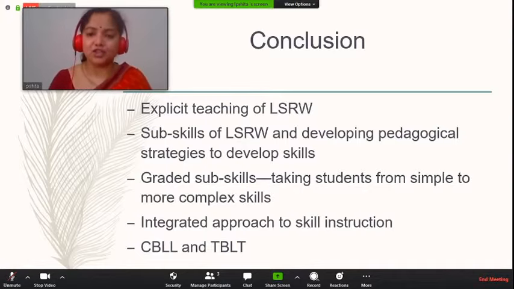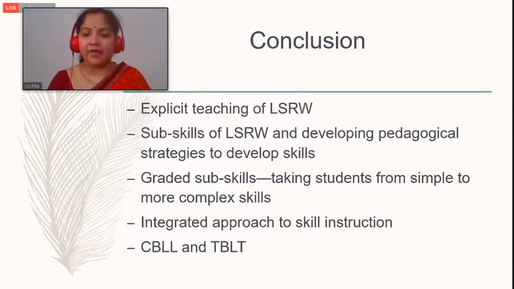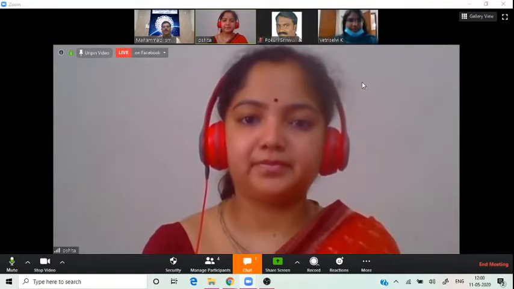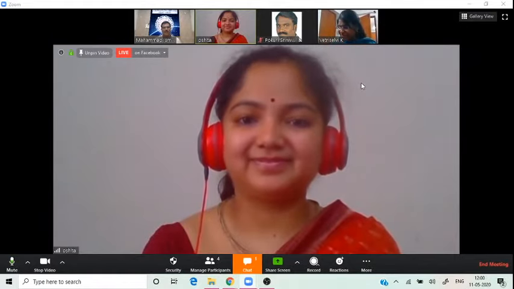So content based language learning is when we use environmental science, science lessons, maths lessons, all these lessons. During the teaching of that content also, we consciously train our students to read better, write better, think about words, think about grammar or structures, right? So that is content based language learning. And task based language learning is when they do real life tasks or they mimic real life communication in class to achieve certain goals.